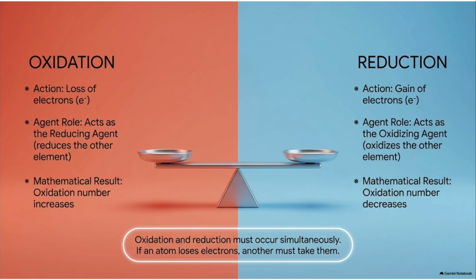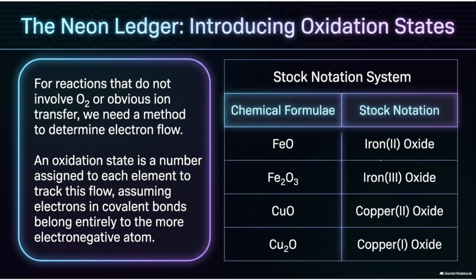So this is just a broad overview of oxidation and reduction. Now there is one more notation that we should know, regarding the Stock notation system. So what is a Stock notation? Generally in lab or in some salts, the elements or formulas are written with their oxidation state. Like FeO. Here iron is present in +2. So iron in +2 is called ferrous.